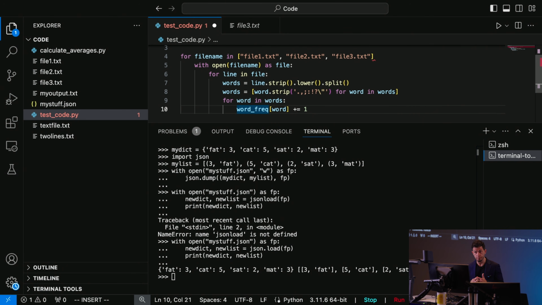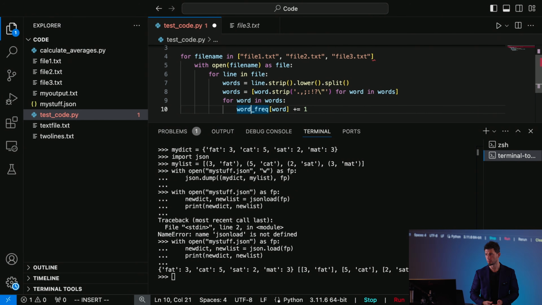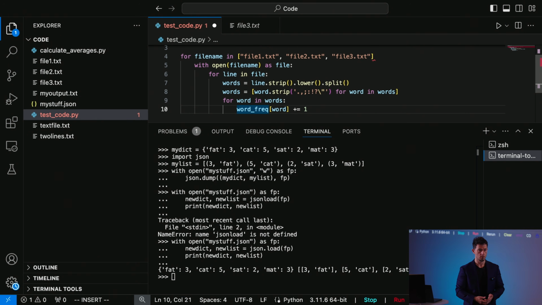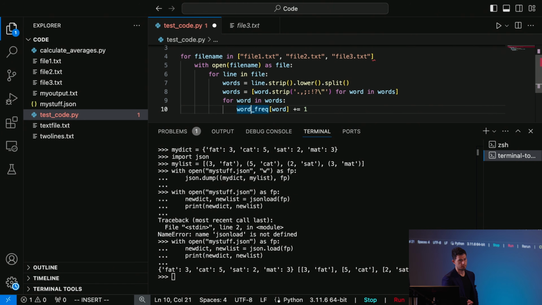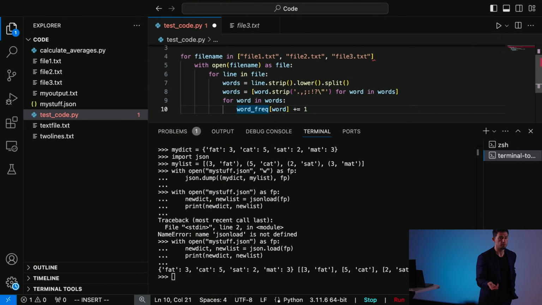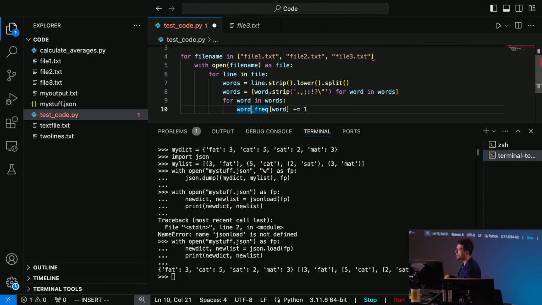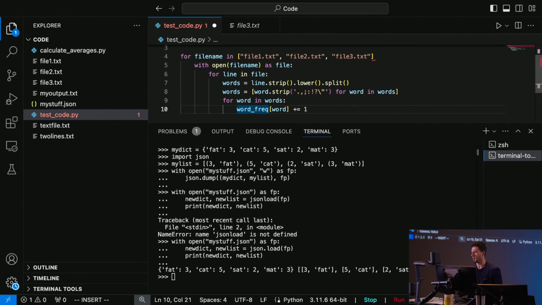right, so if the key is not defined, I'm going to get a key error. So if the word wasn't in the dictionary originally, so the dictionary at the beginning has nothing in there, right? I'm iterating over these words. I am bound to run into the problem because once the dictionary sees that key for the first time, it's not defined. It's going to give me a key error. Okay? So one way to deal with this is to put some logic there. We have done this in the past, right? You put an if and an else statement,